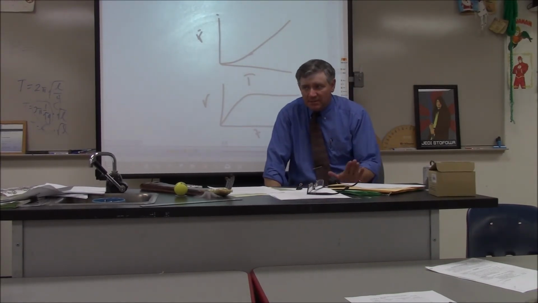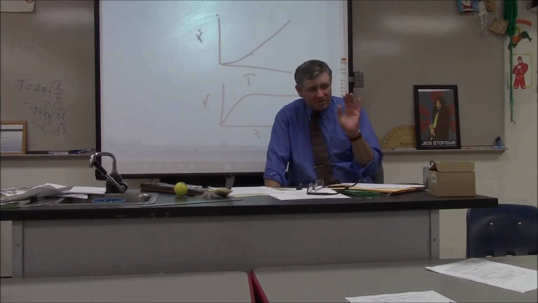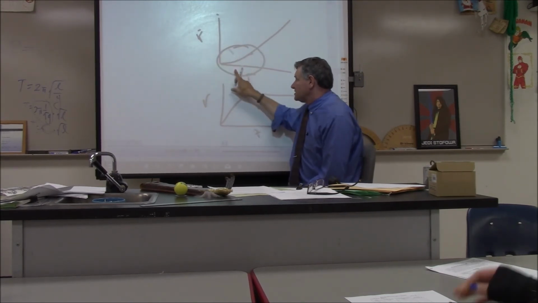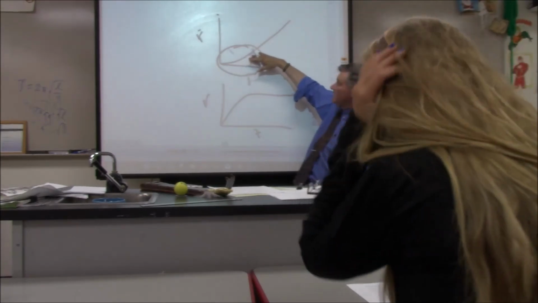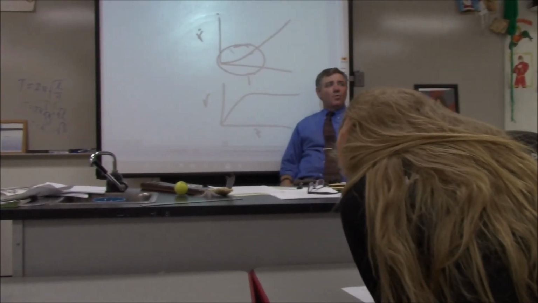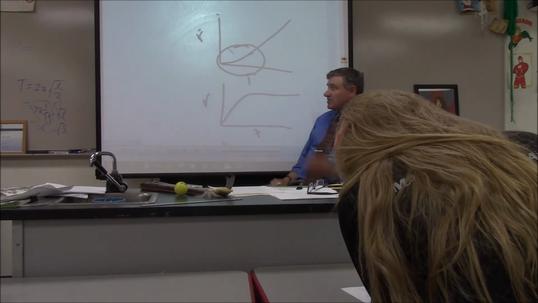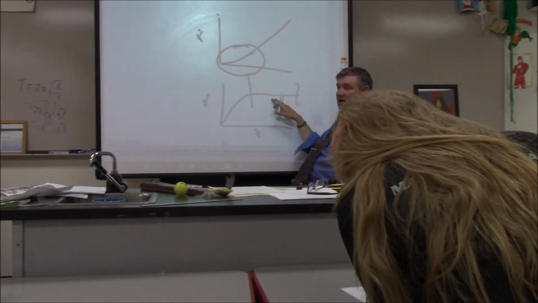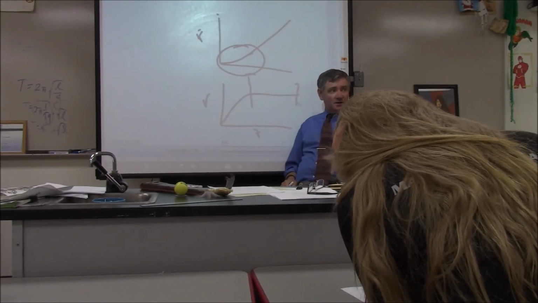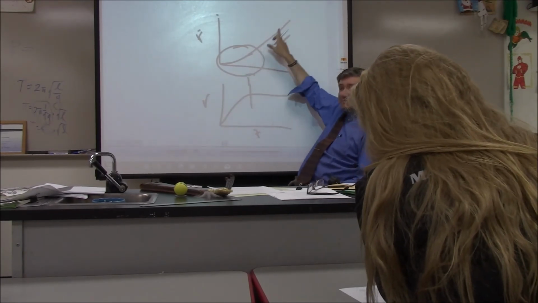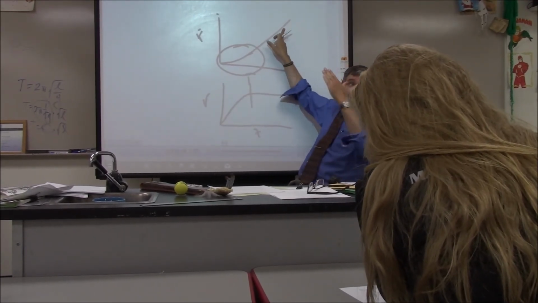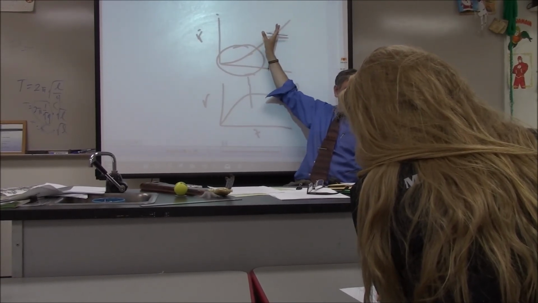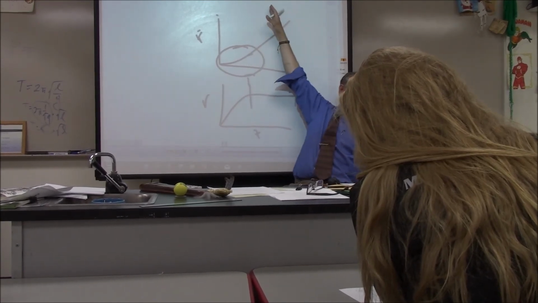Now, here's the most important thing that you have to understand. Listen to me. Both graphs have to show the same thing happening at the same time. So if you go to a position time graph, what is indicated by an increasing slope? What's the velocity doing? It's increasing. And that's what's happening here on this velocity time graph. Now, a horizontal line on a velocity time graph indicates constant velocity, which is going to show up how on the position time graph? Not an increasing slope, a straight sloping line with a constant slope. Because otherwise it would continuously curve up like that.